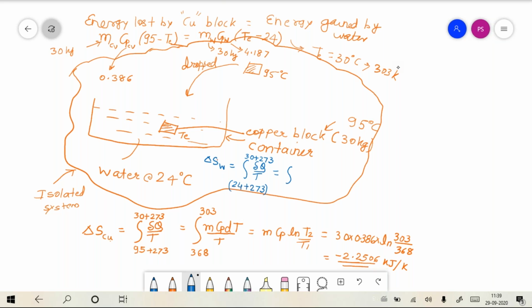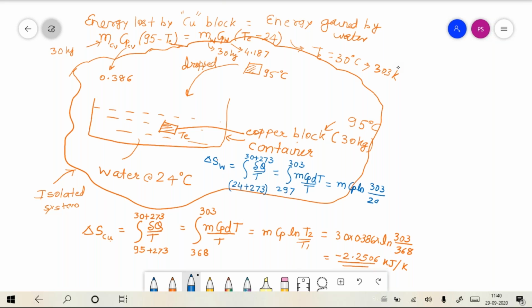So this again is integral of mCp dt upon t, from 297 to 303, which is mCp ln(303/297), where now in this case